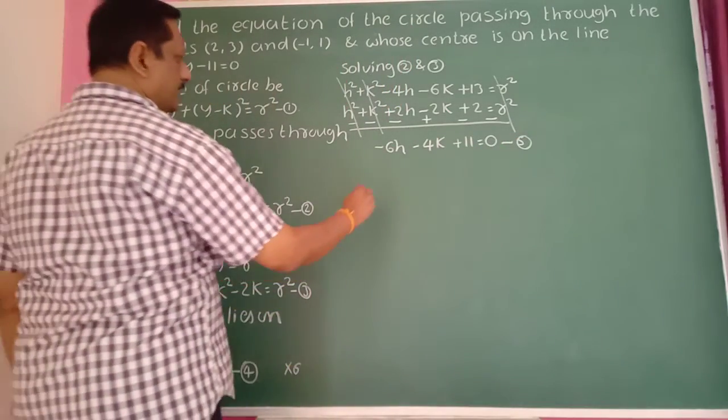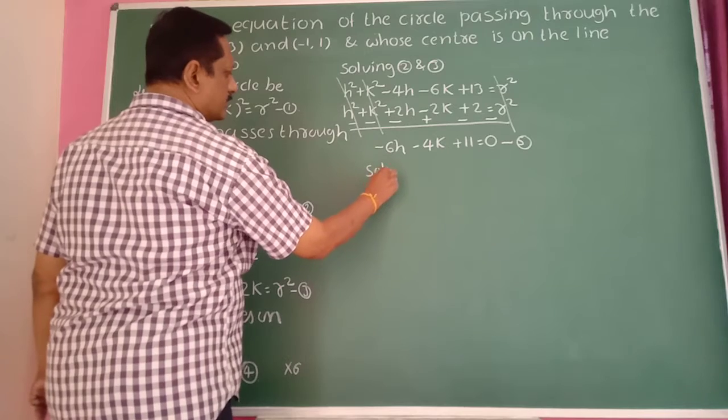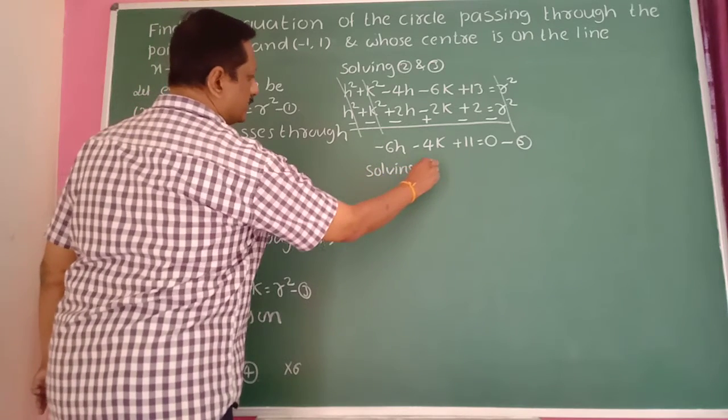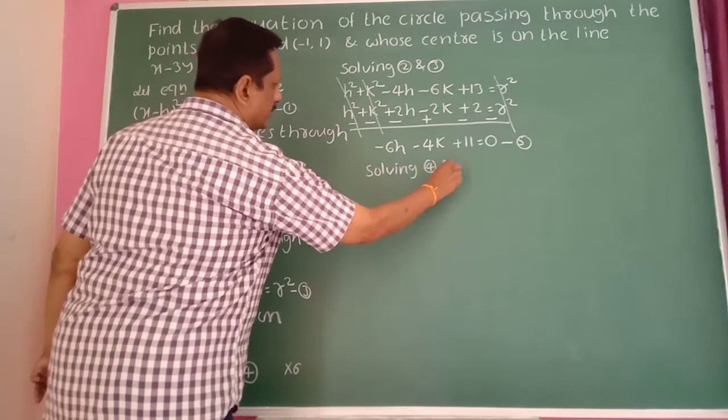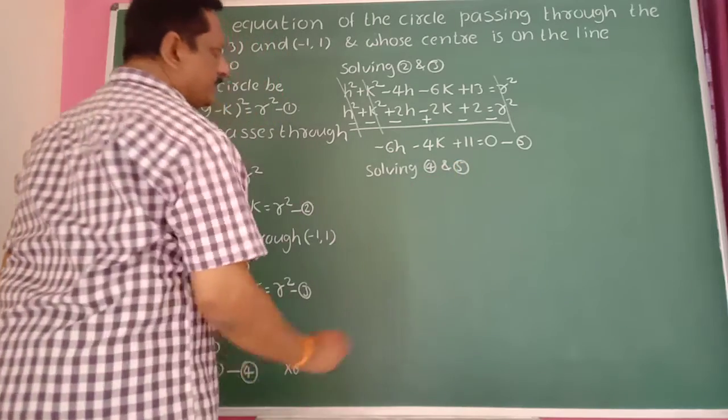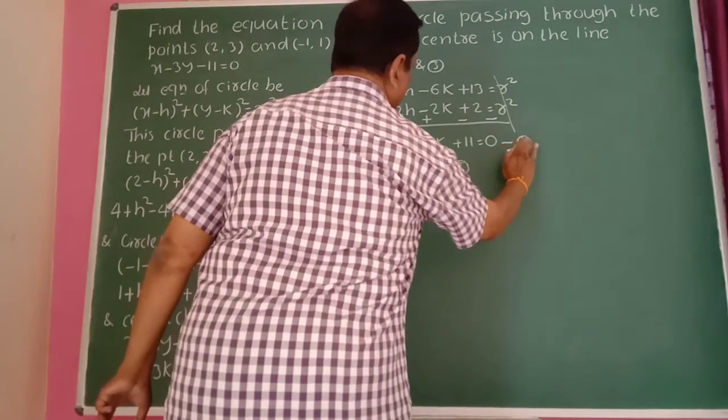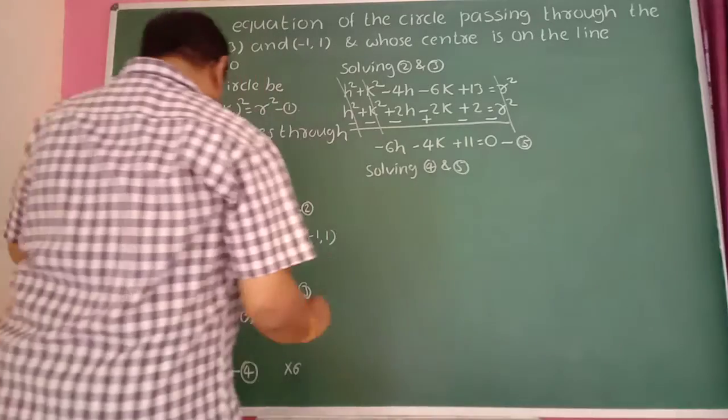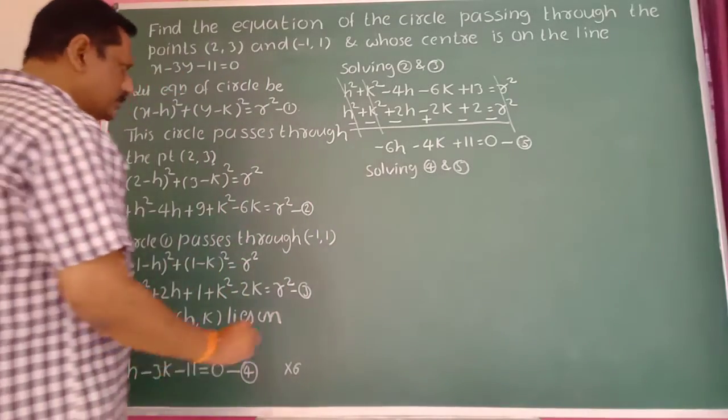Solving equations 4 and 5. This is equation number 5. Therefore, multiply by 6 here. So 6h,